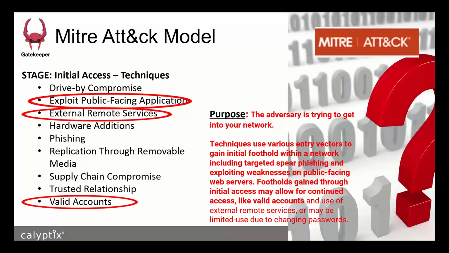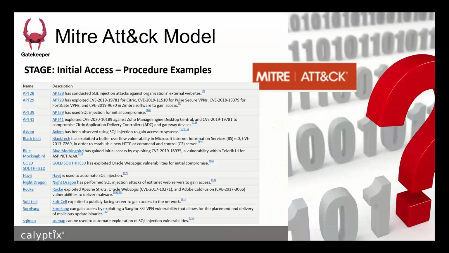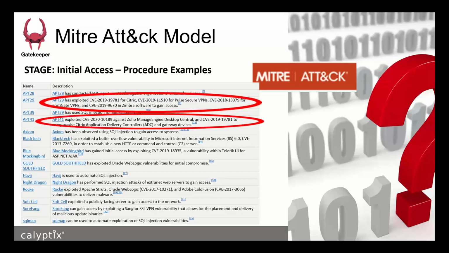And so if you can shrink who that's exposed to right off the bat, you're going to really make it harder for the bad guy to get to you, and that's important. So I didn't do this with every tactic in the Mitre model because it's a lot of detail, but I did take it with this initial access one. And they cite some examples of some different methods, some different APTs have used to get initial access. For instance, exploiting Citrix vulnerabilities, exploiting VPN vulnerabilities or gateway vulnerabilities, or VPN vulnerabilities with PulseSecure and FortiGate, or exploiting